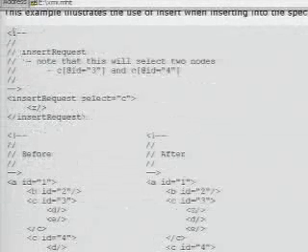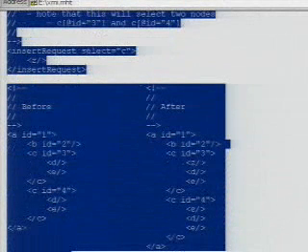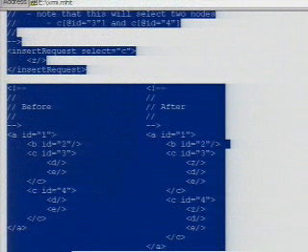So we've got an insert request here, and what I want to do is say I want to insert a request. And I want to select. Of course, in this particular example we're using nodes like A, B, and C just as an example, but we could pretend that we're working with the my address example. So in this particular case, we say I want to do an insert request, and I want to select C. And if I find the node C, then I want to insert data Z. So you see on the left-hand side, there are several nodes actually. There's the B node that has an ID of 2.